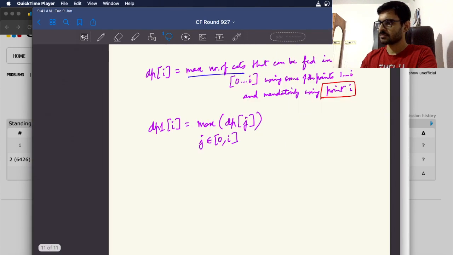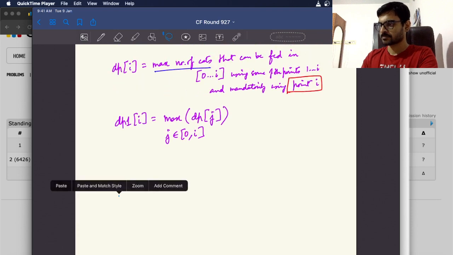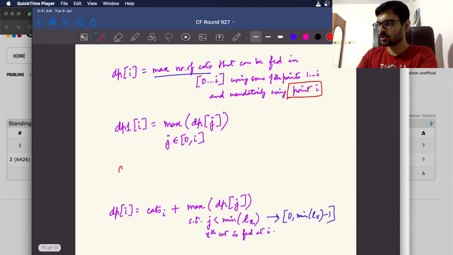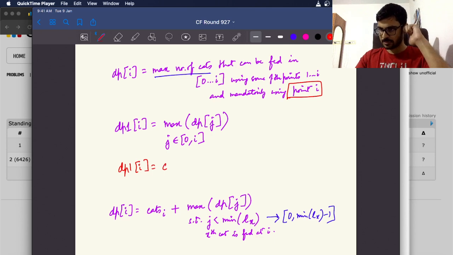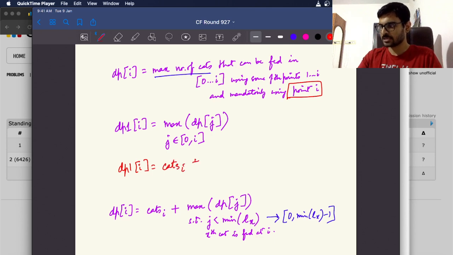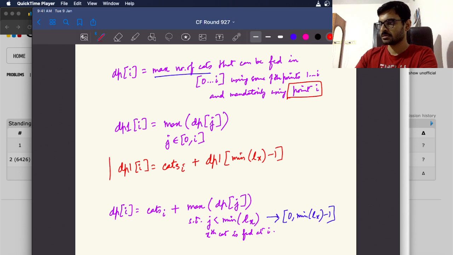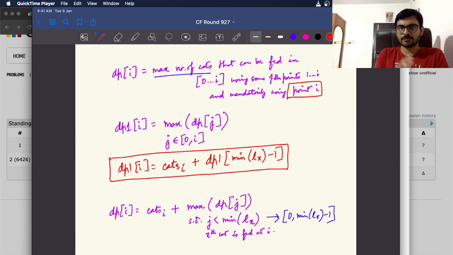This is my dp i. Instead of that, if I try to do dp1 of i, can I say that it will be cats of i plus the dp1 of min of lx minus 1, that's it. Can I say? So if I ignore the lesser values of dp, if I always consider the maximum till now,